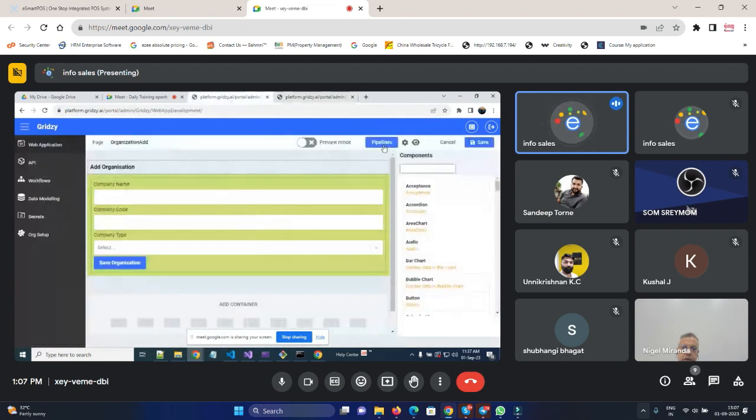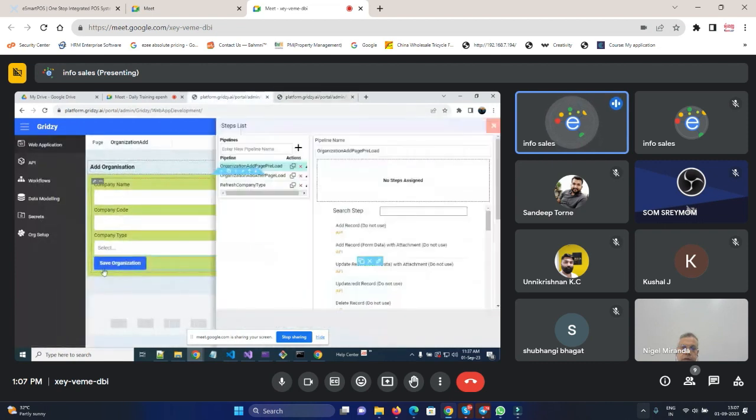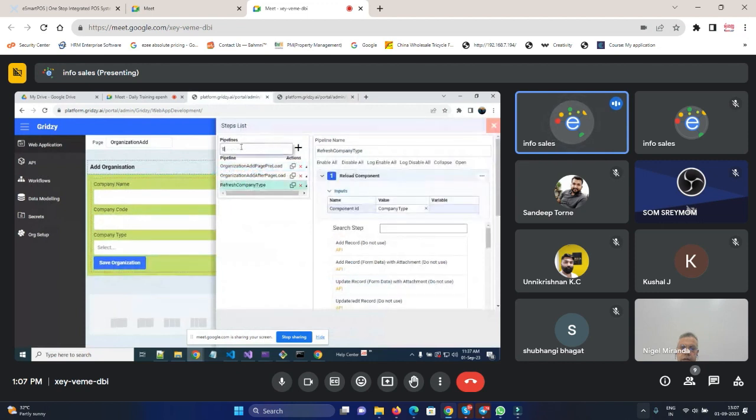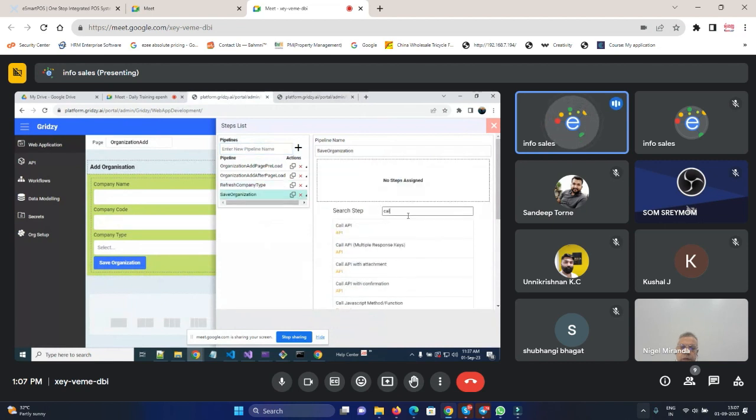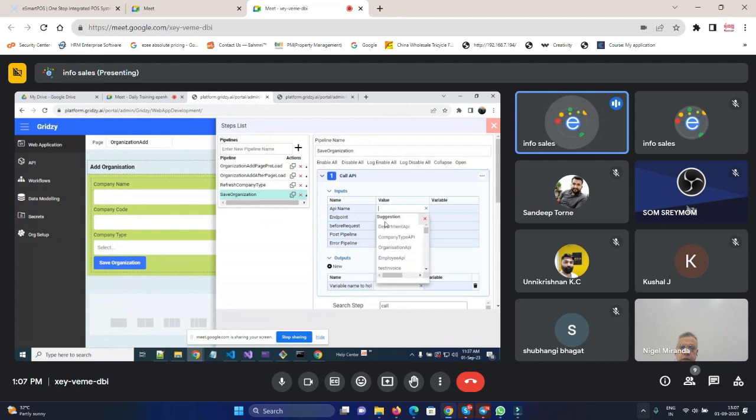So let me build the pipeline. Like I was telling, we need to build pipelines like save organization. Here we can call the API and pick it up. The organization API endpoint is my add. Before request, add organization data to request. I'll just give a pipeline name and then a post pipeline. Like once I add the data into the